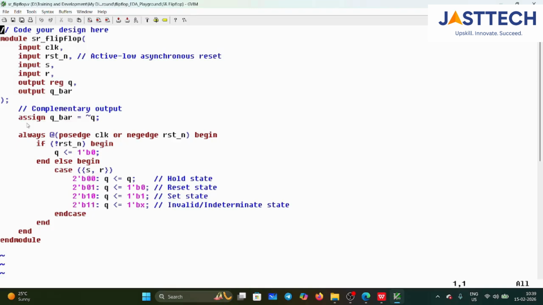Since it is a wire data type, I'm using a continuous assignment statement, that is, q bar equal to not of q. Then always @(posedge clock or negedge reset_n) begin. If not of reset, q equal to 0, else begin. This is asynchronous active-low reset. If reset equal to 0, I am initializing the output q to 0, and else begin case,